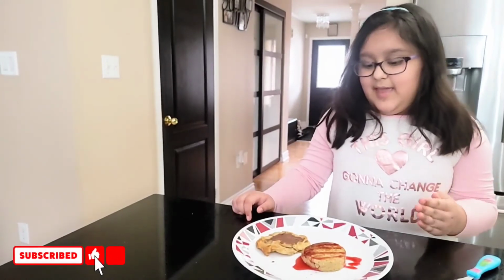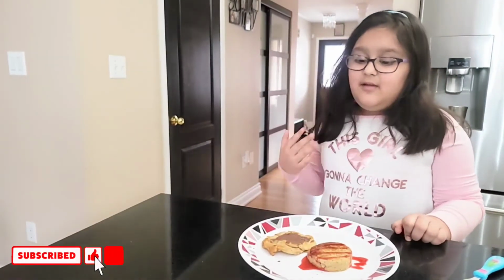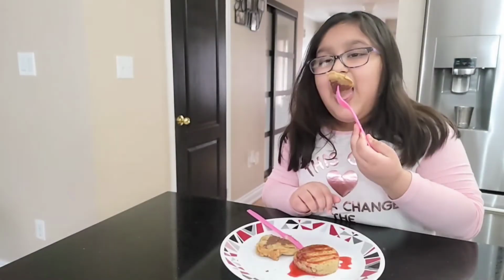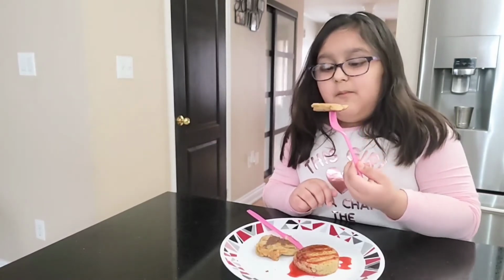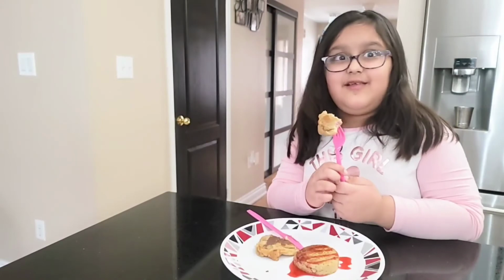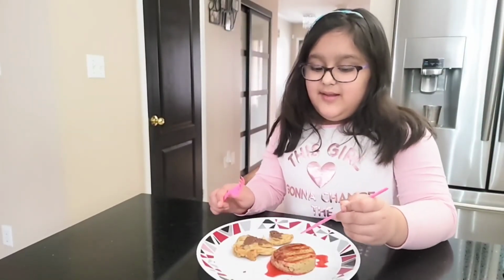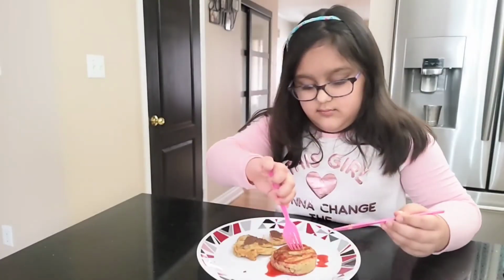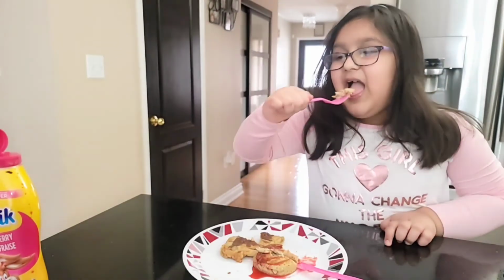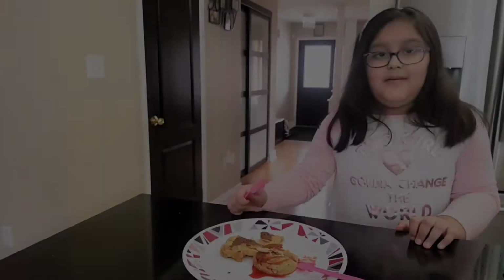Now I'm gonna taste both of them. First I'm gonna taste the Nutella one. Tastes delicious. I'm gonna try the strawberry one. Now I'm gonna try this. Tastes